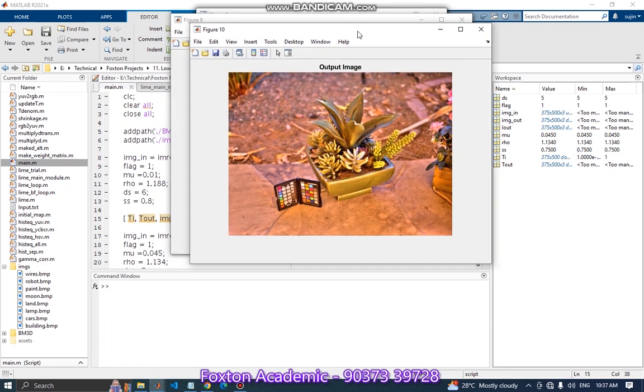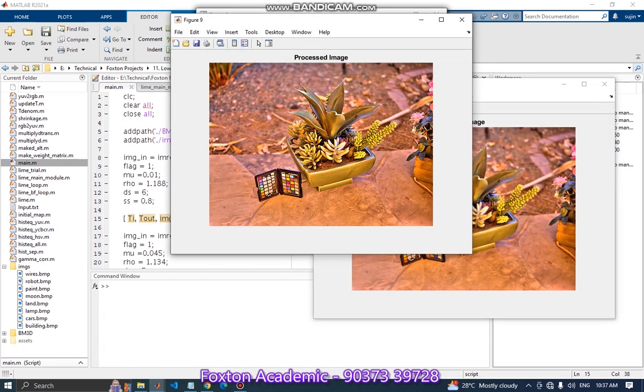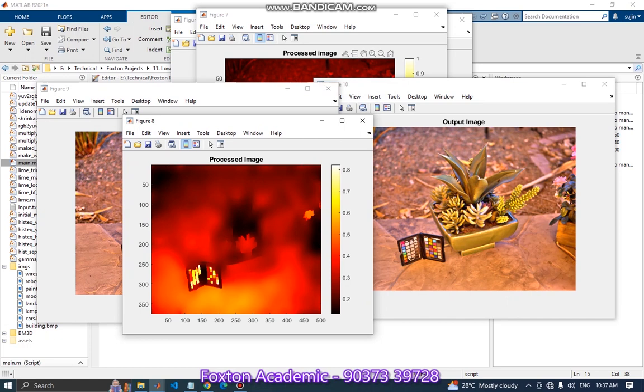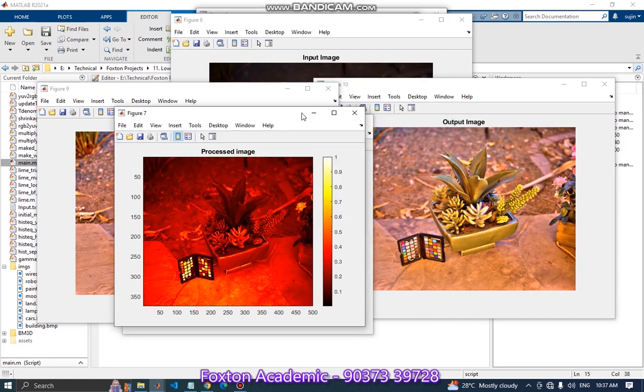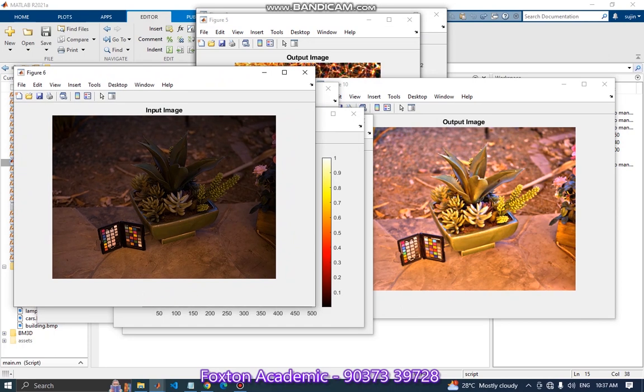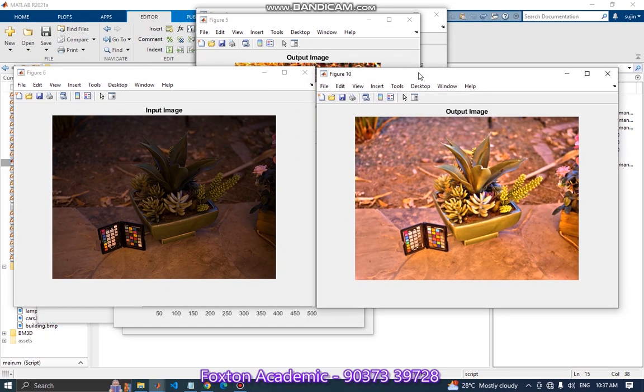This is the output image, and these are all the processed images. This one is the heat map image, and this is the input image. This shows the difference between the input image and the processed output image. The light is enhanced far better than in the input image for this image. Now for the next image we have,